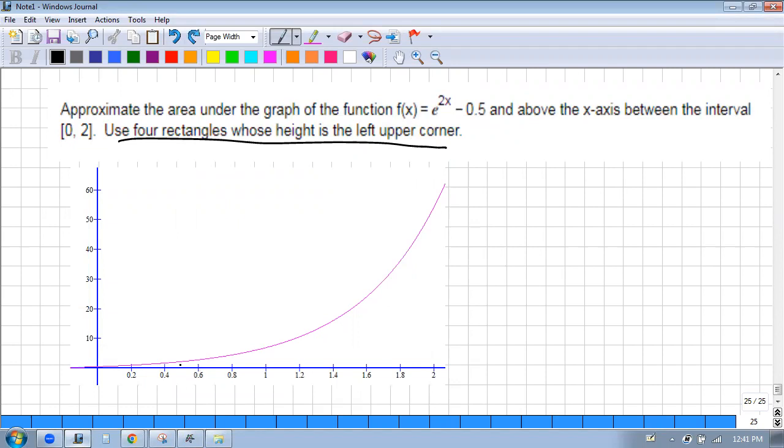A half. So right here at 0.5, the first rectangle is going to be 0, right? The next one is going to be this rectangle, right? And then, because they wanted the left upper corner, that one goes to 1.5. And then the last one,